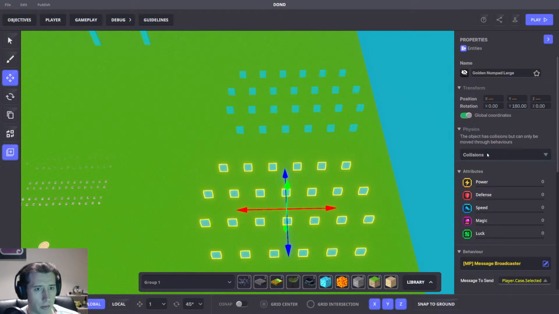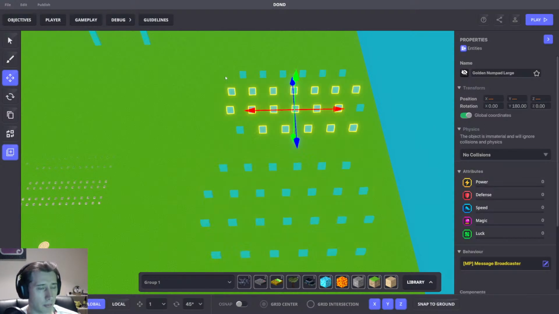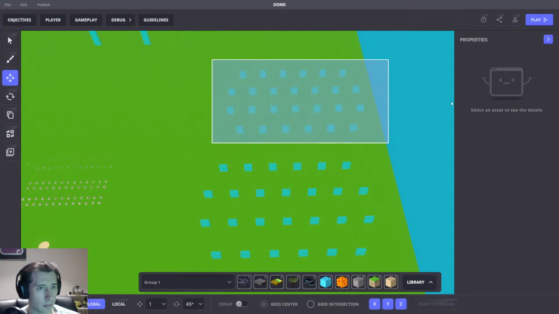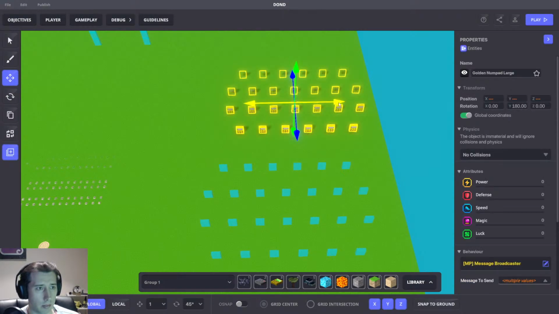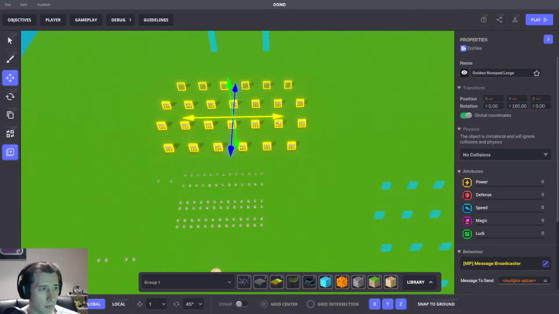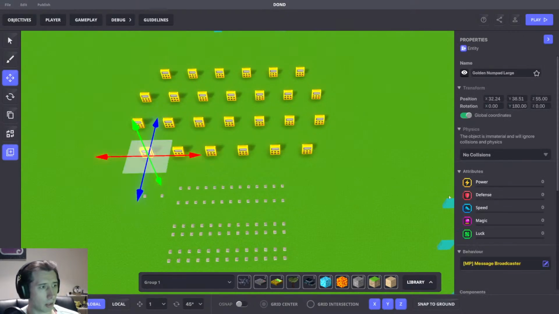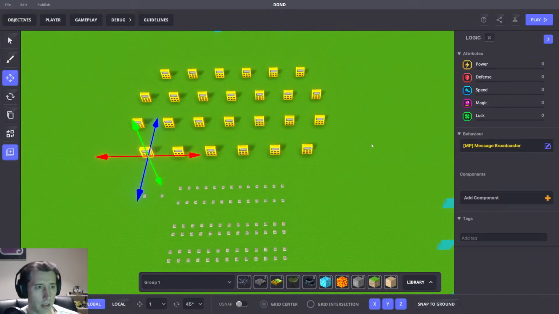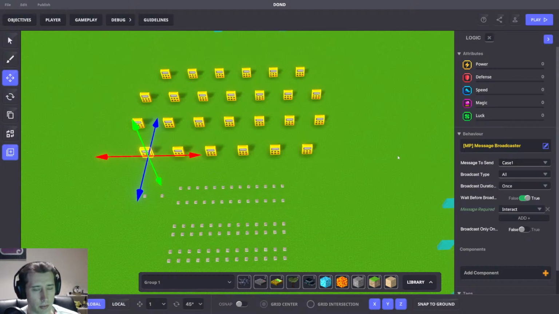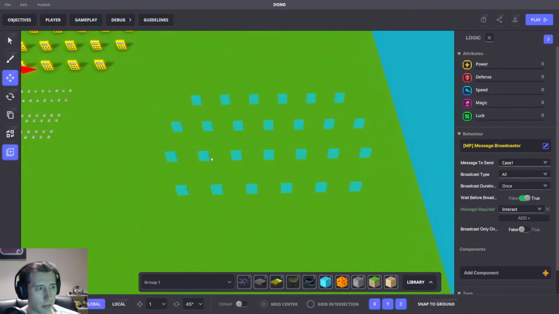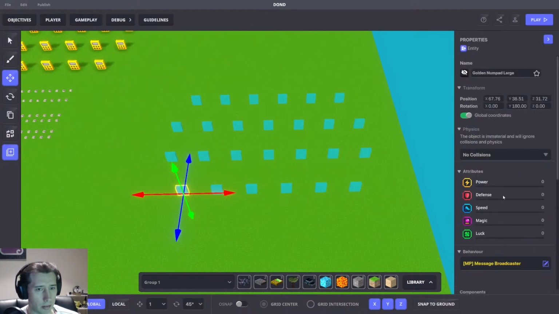We'll make these ones invisible, no collisions, and we'll have these ones visible again. Now when a player presses E on case 1, we have the chance to send a value using